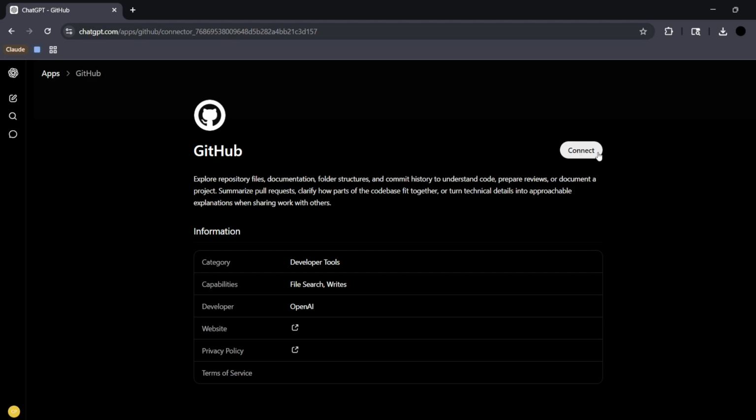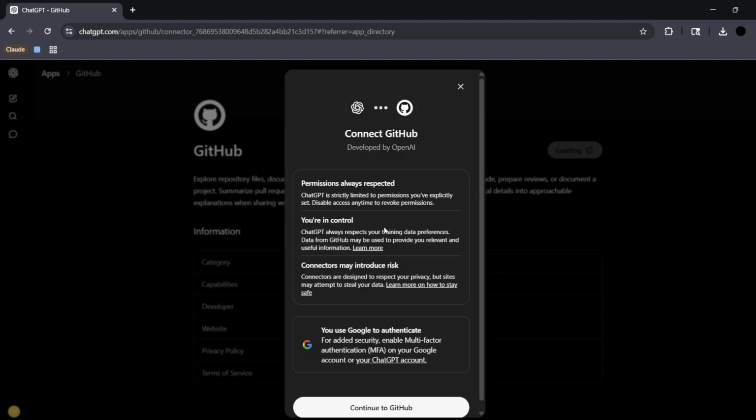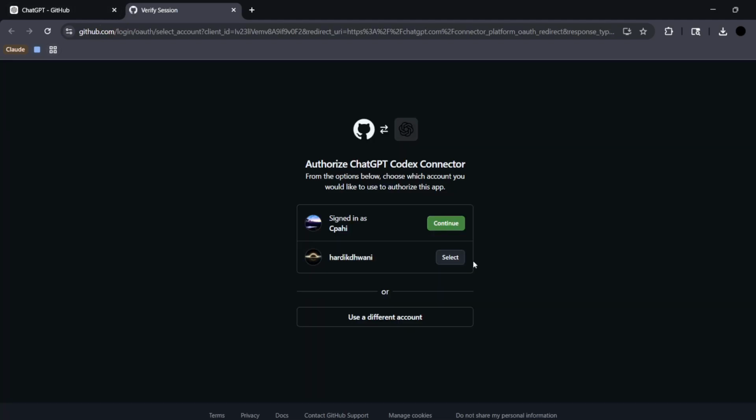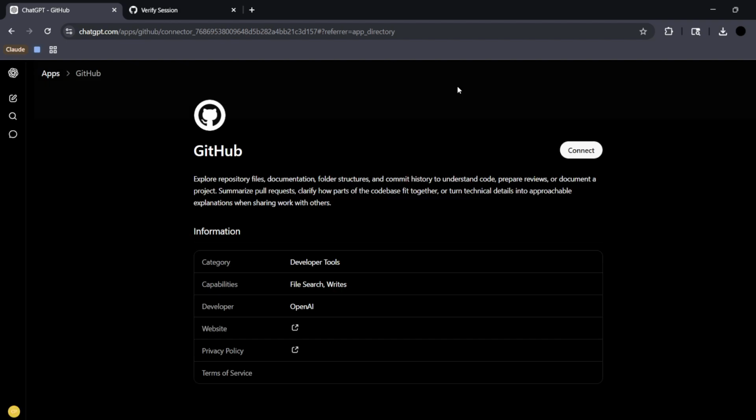Now, for example, you wish to install any particular app, so simply click onto it and then click onto this connect option. Once you click onto the connect option, you will need to authenticate yourself, and after authenticating yourself you will be able to successfully connect your app with ChatGPT. As you can see, in the case of GitHub, I will simply need to authorize it, and GitHub and my ChatGPT will be